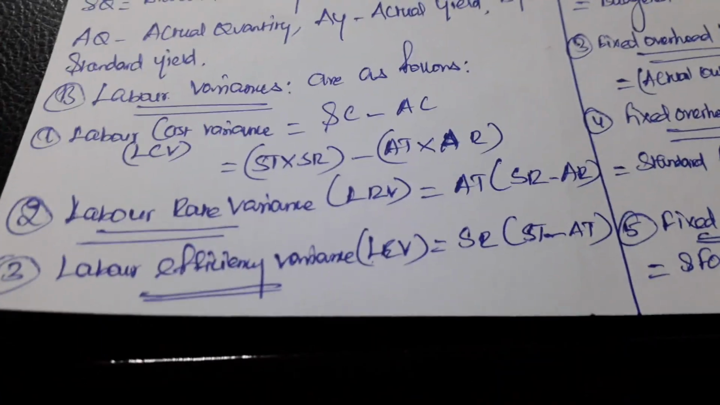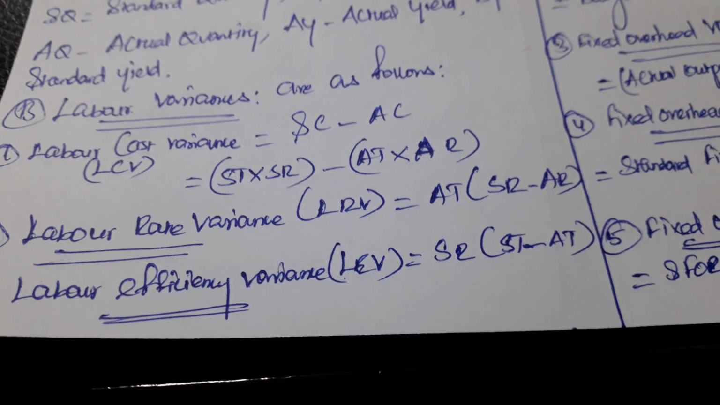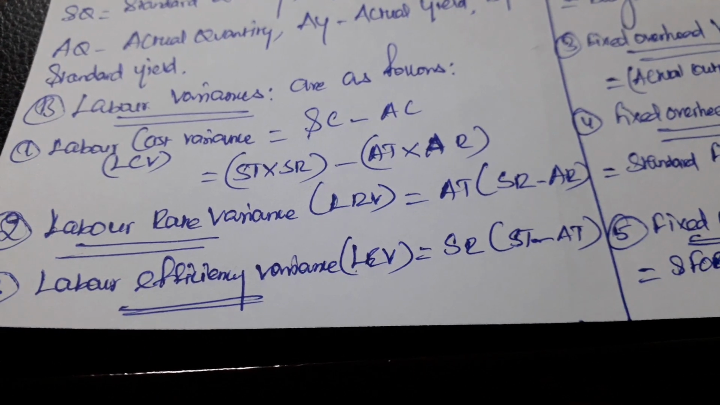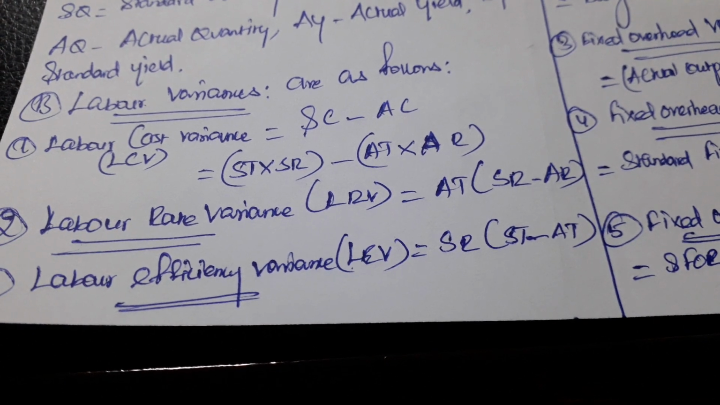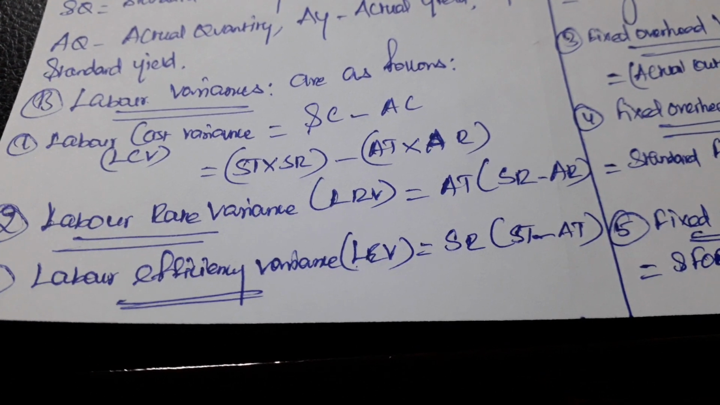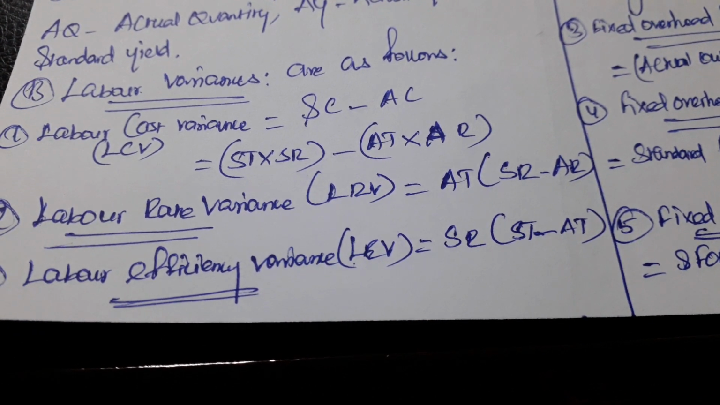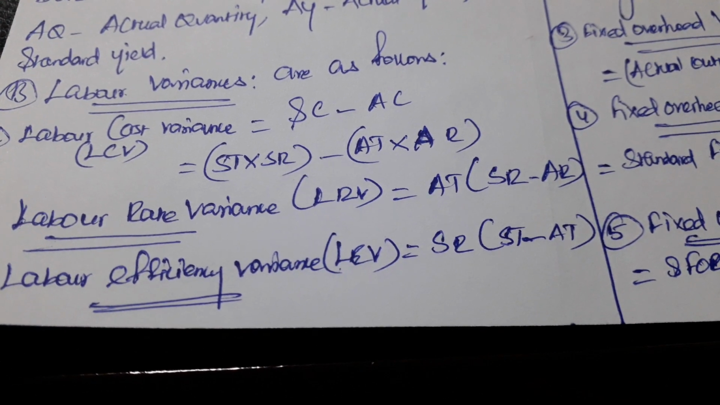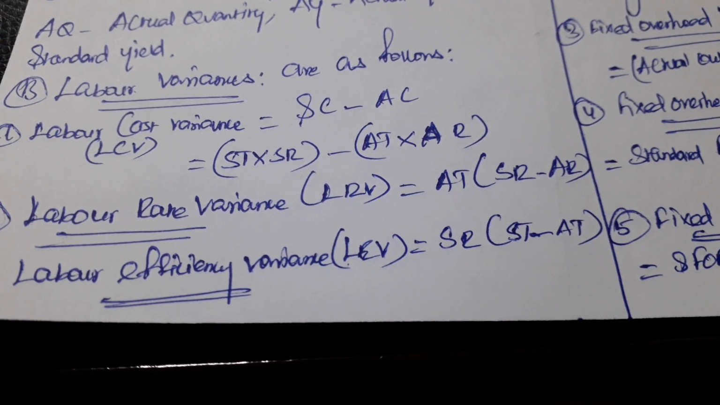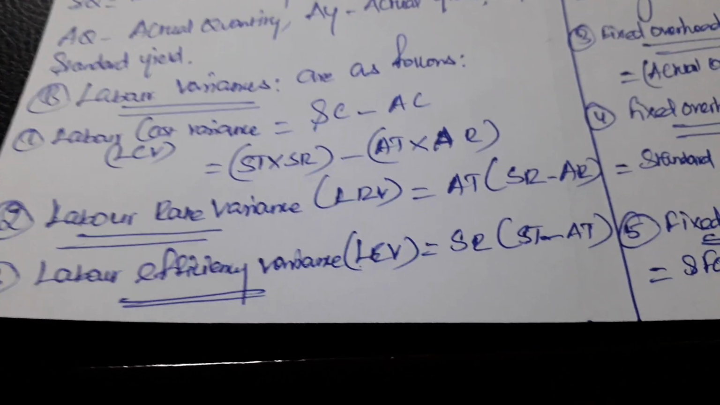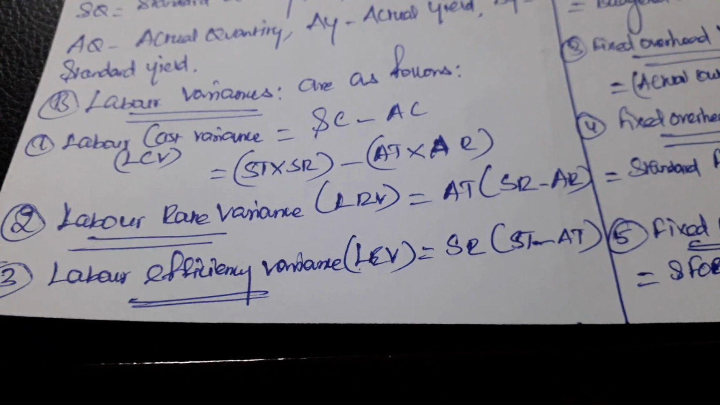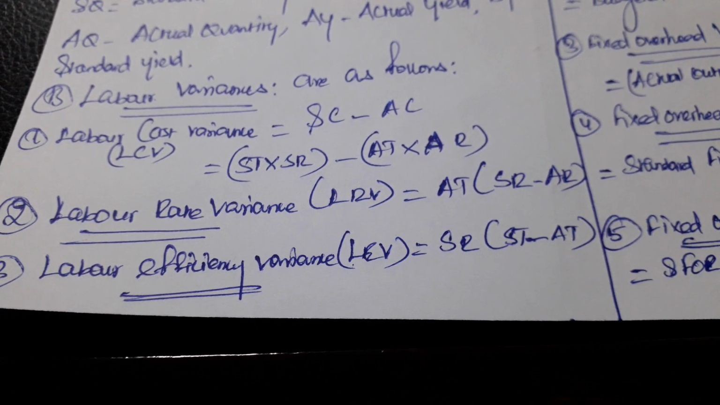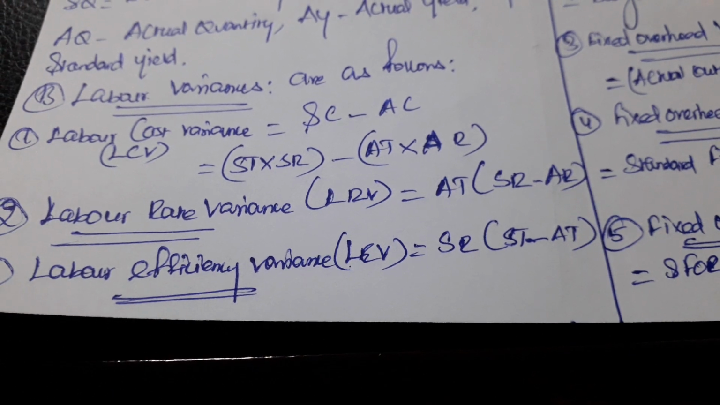Then moving forward to labor variances. Labor variances are as follows. The first one is labor cost variance. It is similar to material variance. We need to replace the price with rate, and the quantity with time. That's it. To find out labor cost variance, we have the formula SC minus AC, standard cost minus